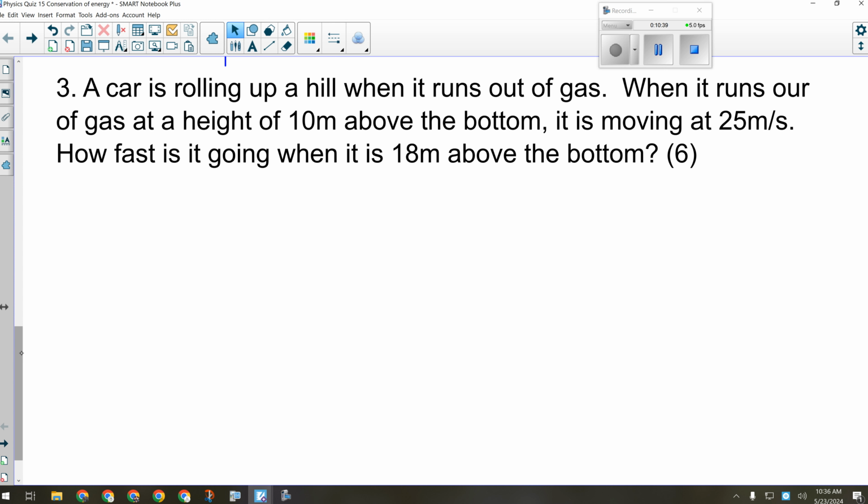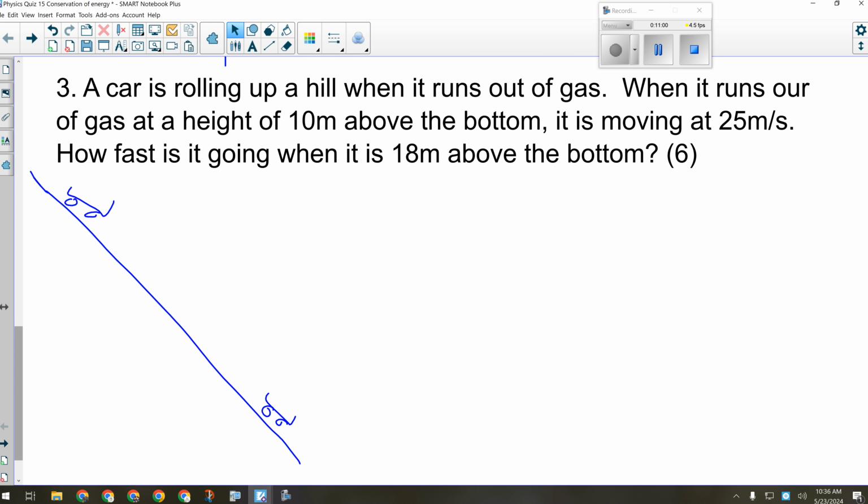But it kind of throws people sometimes because they're like, what? It's going up the hill? It's going to slow down. Yes, good, you do understand it. It is going to slow down. It's going to slow down and lose kinetic energy because its height is going to get bigger. Yeah. Okay? And in actual fact, if we're talking about this car going up the hill,